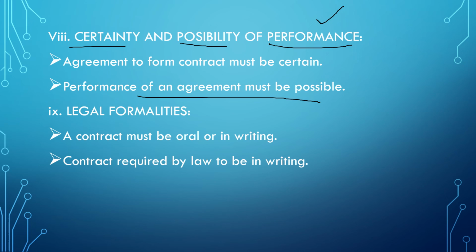And the next one is legal formality. A contract must be oral or in writing. When we call it a valid contract, they should fulfill the legal formalities. So the final thing is completing the formalities for entering into a contract. The contract may be oral or in writing, but for an effective and prescribed form it will be in writing. So the contract is required by law to be in writing,